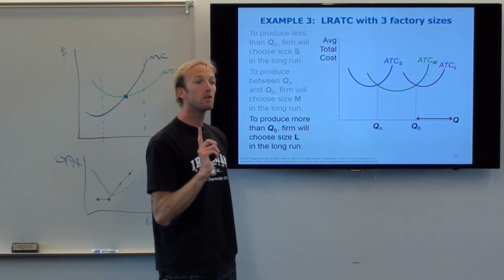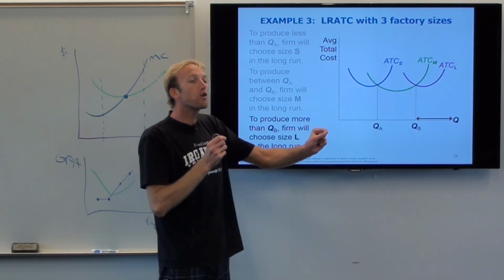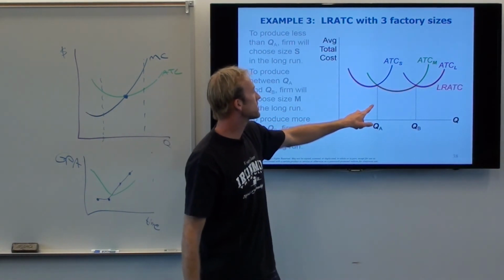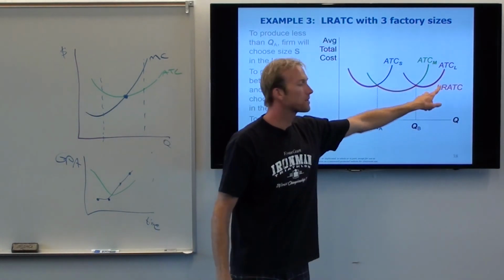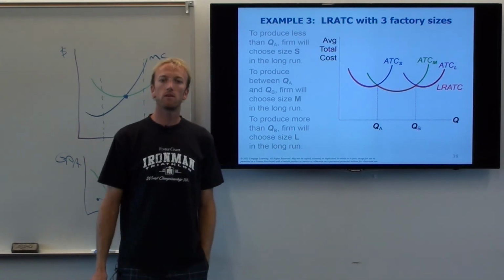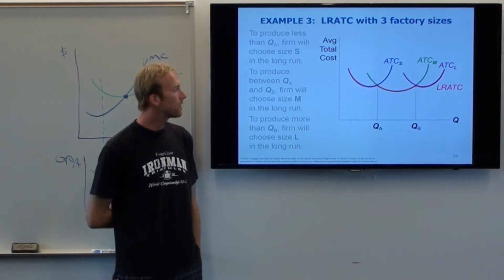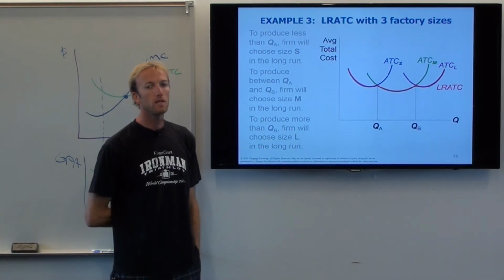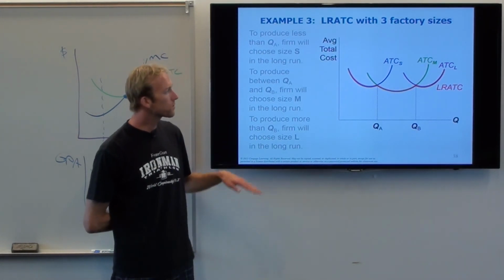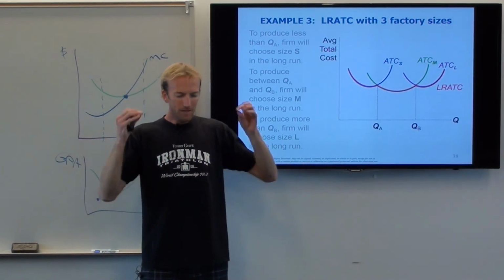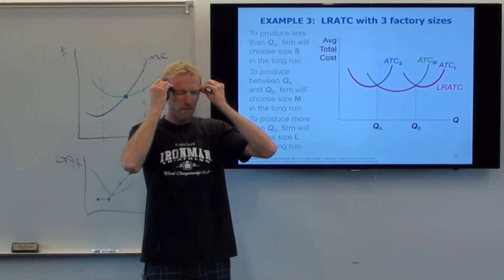Okay. So if I'm asking like, what's my long-run average total cost curve? It's going to be the minimum point of all of these right here. You see that? It's going to be the minimum point of all of those because I'm not just stuck on one curve. So in the long run, since I can choose what factory size I have, my long-run average total cost curve, it's flatter. It's flatter. And again, the intuition, why is it flatter?